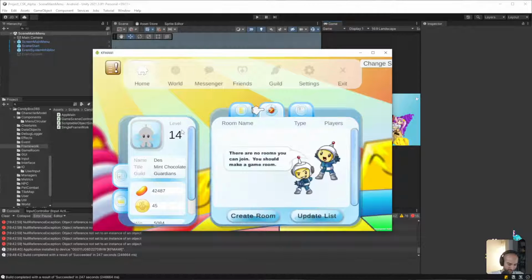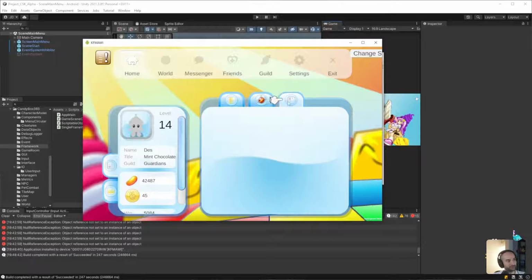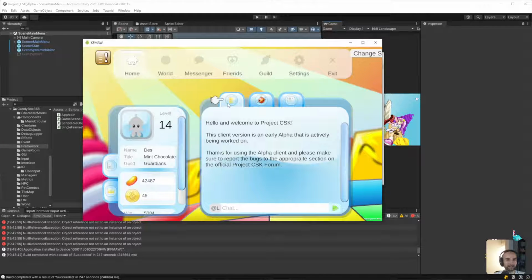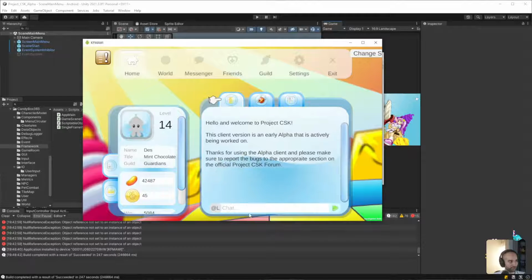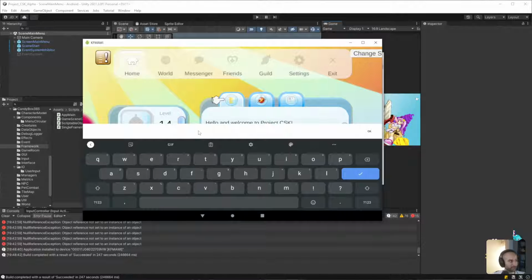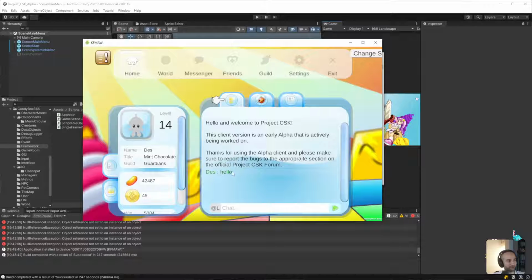Okay, so what I want to test though is the controller. And the cool thing too is I can use my mouse instead of just using my finger, and it treats it like a finger input, right? And I believe you can also use a keyboard here too. So if I go on my computer, I can type in hello, and this is using the keyboard, right? And you can commit that, right? So that was the message that I sent. It's really interesting to use this application.